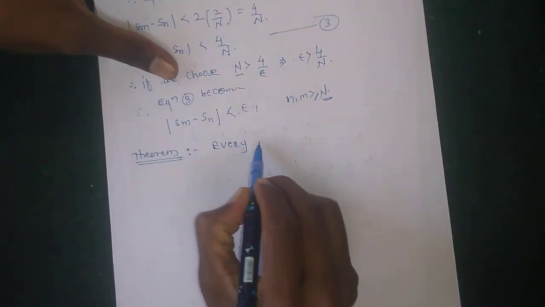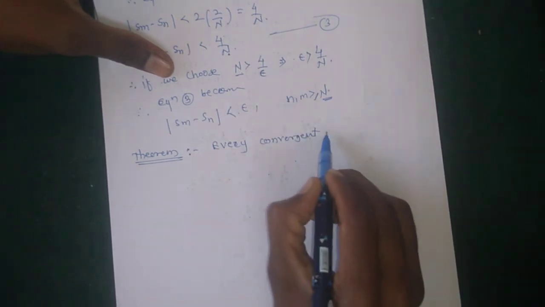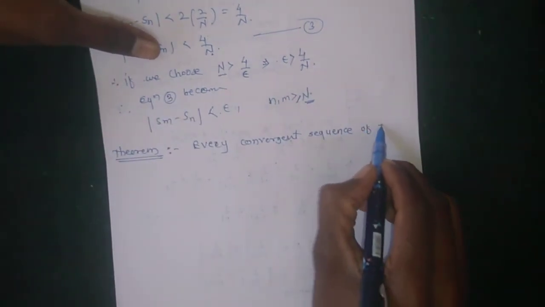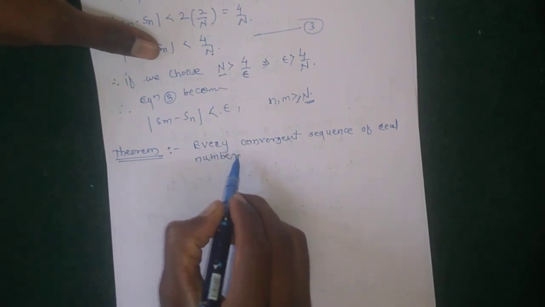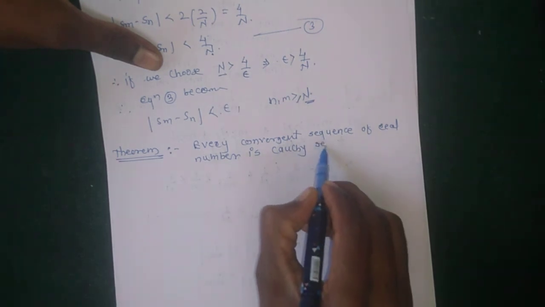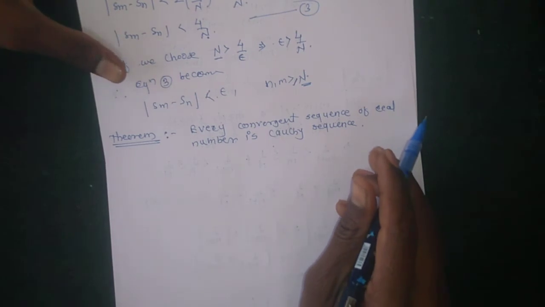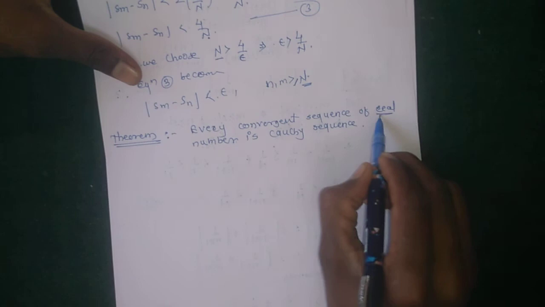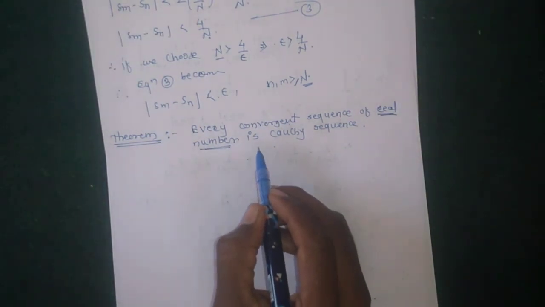Statement: every convergent sequence of real numbers is a Cauchy sequence. This is a very important theorem. Every convergent sequence of real numbers is a Cauchy sequence. Okay, any convergent sequence of real numbers, not for other numbers,